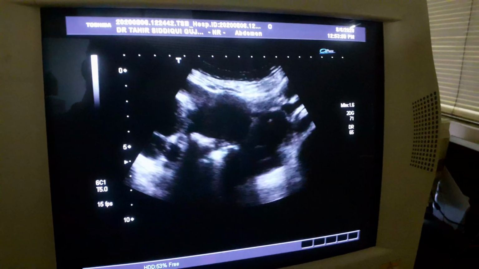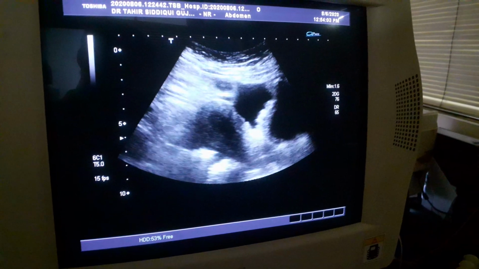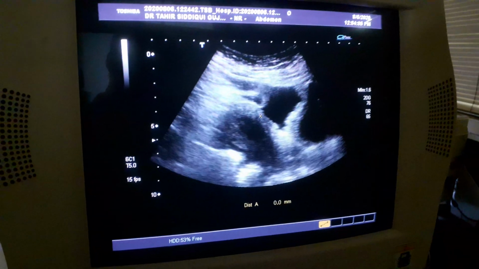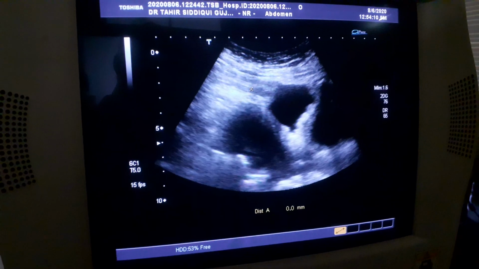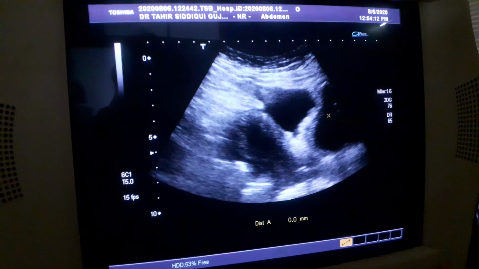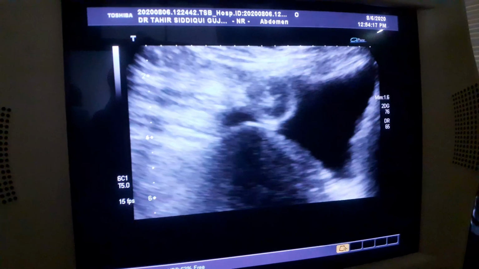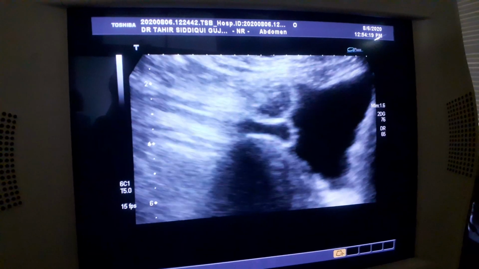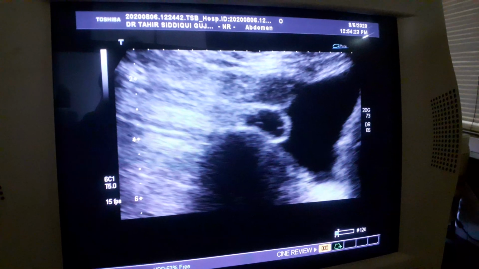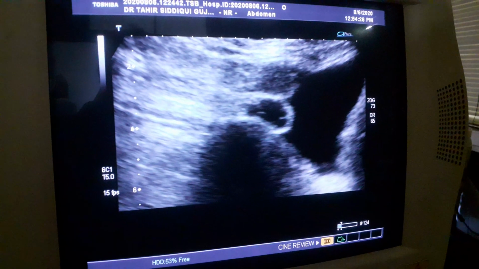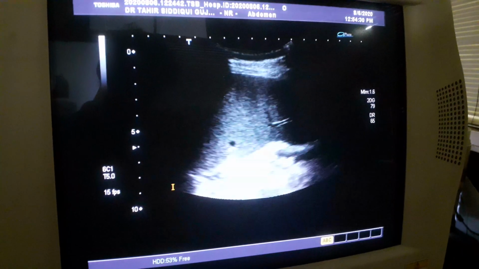Uterus and adnexa is normal. This is the postmenopausal uterus, surrounded by fluid. This is the uterus, endometrial canal, fluid, bowels floating, urinary bladder. See the bowels floating within this small amount of fluid in the peritoneal cavity. Along with this adenopathy,